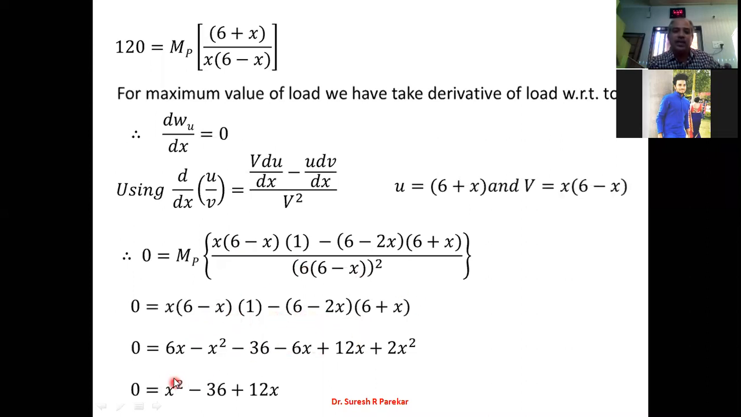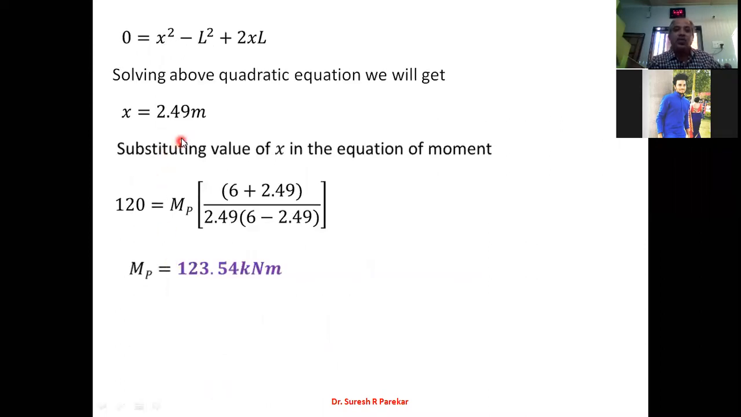So we have solved this, and we have the equation x square plus 12x minus 36, roughly. If you solve this quadratic equation, that will give you the value of x, which will be 2.49 meters. Now you calculate